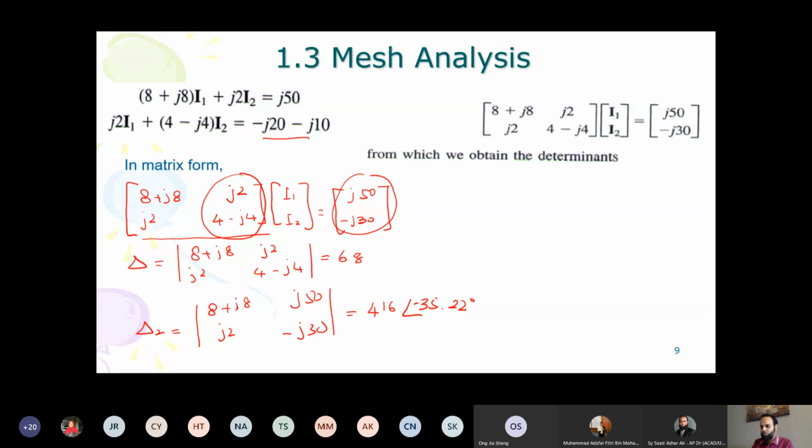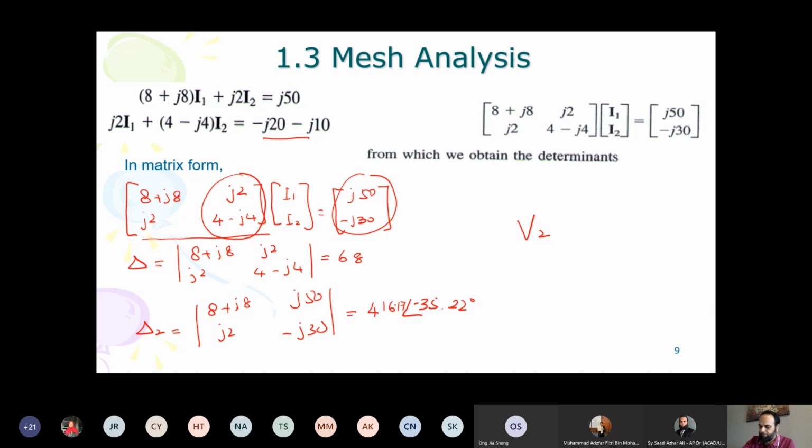Okay, I believe that you can solve these calculations, right? Is it okay? So delta 2 is 416.17, angle minus 35.22,